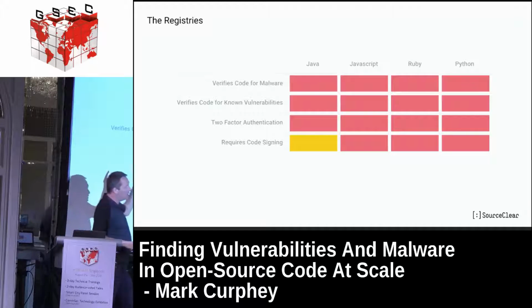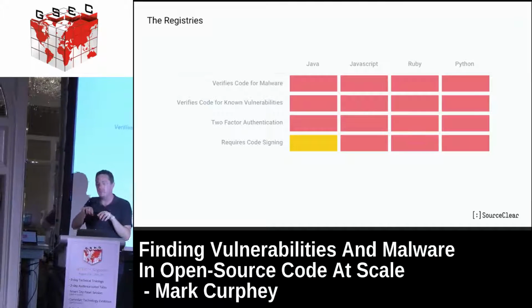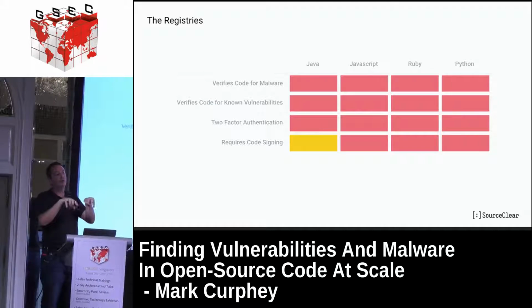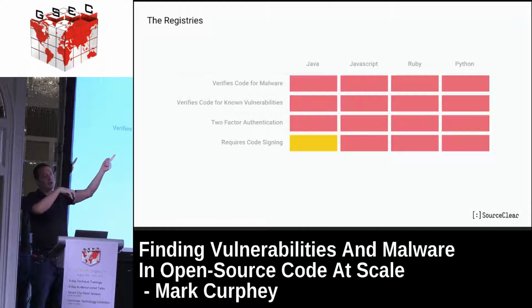Two weeks ago, someone published a library into NPM.js, and basically what it did is when the developer ran the build, it looked for the environment variables that were on the build node. Most developers put their SSH keys, their AWS keys, passwords on the environment variables. So basically what this library was doing was looking for the environment variables, and then it would send a copy of that back out to the equivalent of a command and control machine on the internet.